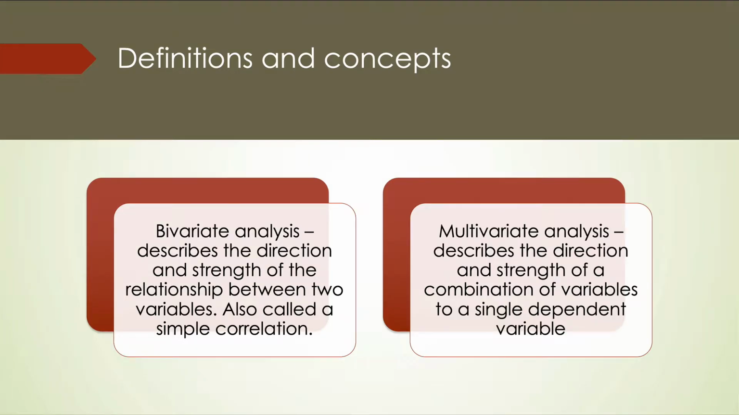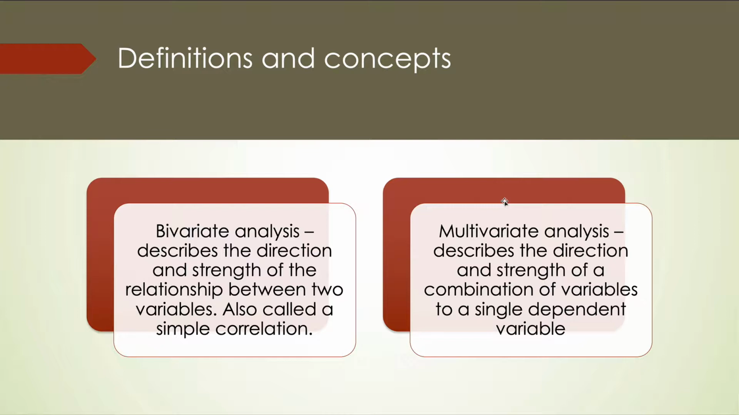So some definitions. A bivariate analysis, that's just what we looked at on the previous slide. That means two variables. Bivariate means two variables. It describes the direction and the strength of the relationship between two variables. It's called a simple correlation because it is the simplest type. You need at least two variables to do a correlation. A multivariate analysis is another type of, again, correlation, but what it does is it describes the direction and the